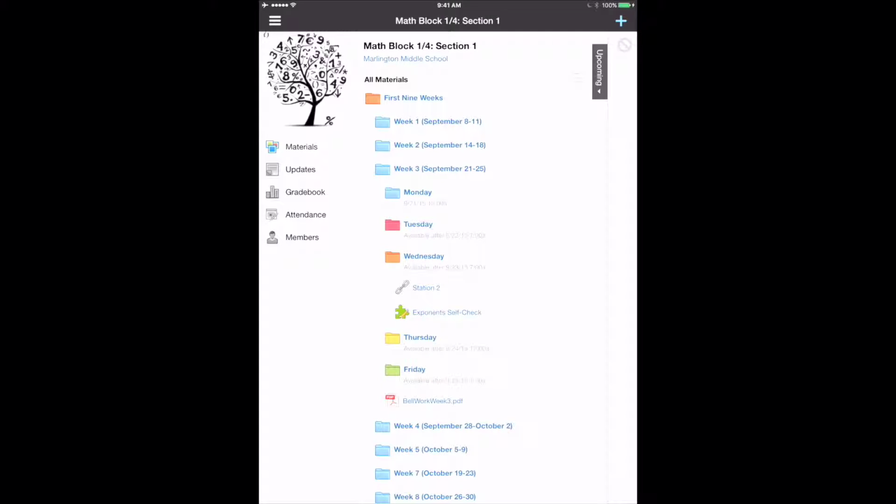The other link that you see there says Station 2. If the student were to tap on that, it would open up a link from the internet to an online activity that the student can do to either remediate some math skills or push them a little further. Back to the left-hand side of the screen, right below materials, you'll see updates. And if I tap on updates,